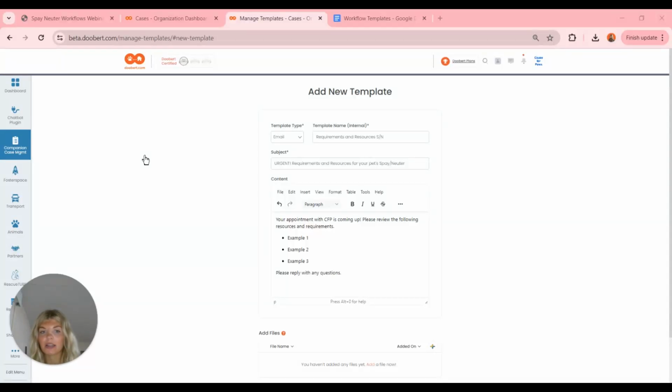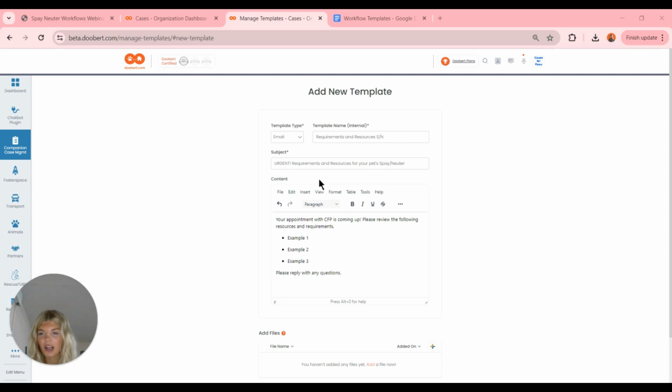So this is going to be letting them know of any key things that they need to know before their pet is spayed and neutered, whether the pet should eat breakfast or not the morning of, all things like that. So this is just an example of what you can include in this email, and I put urgent right here just to make sure that they open it,